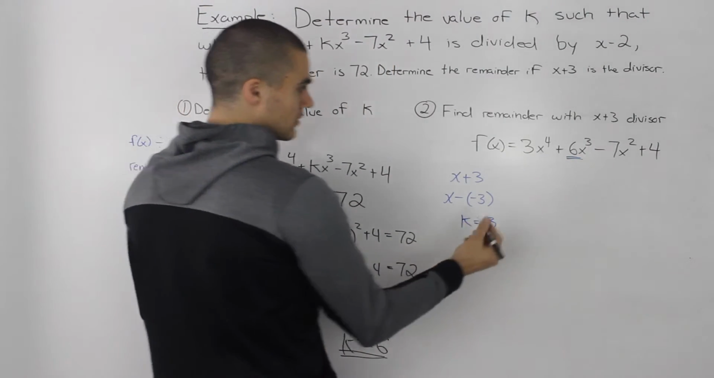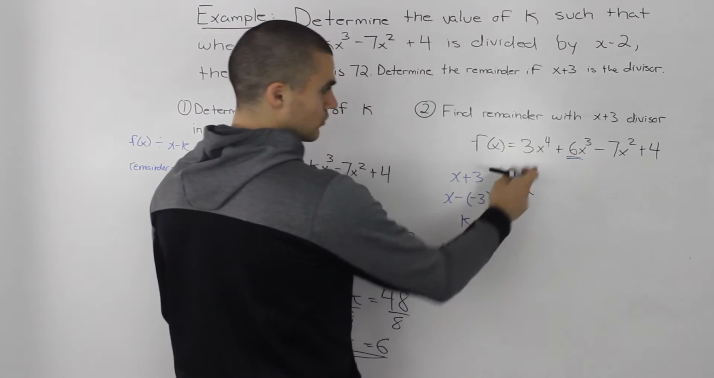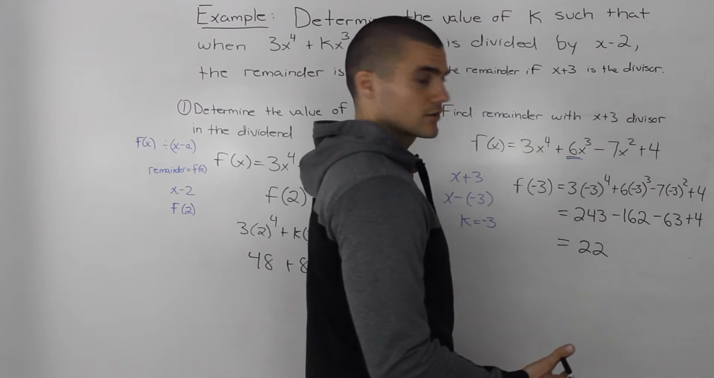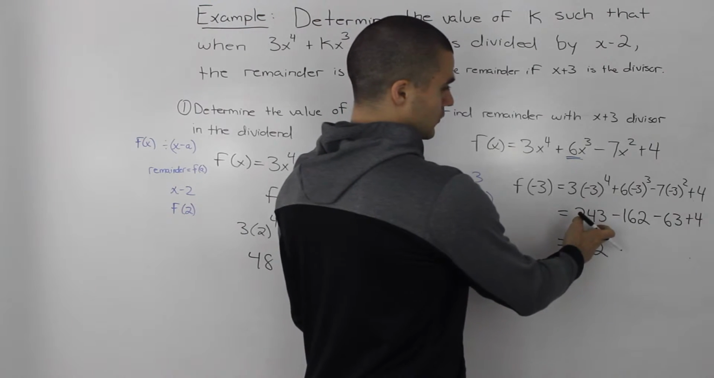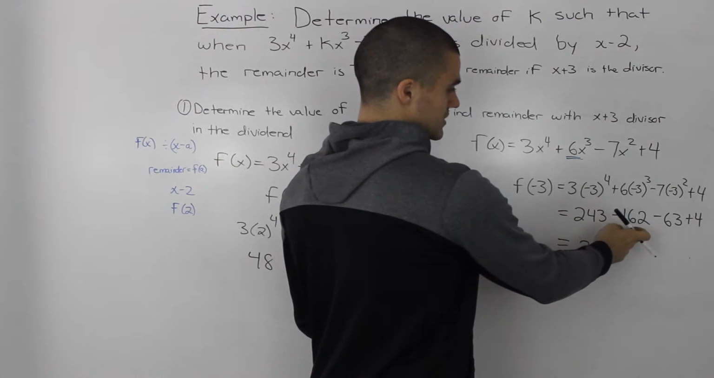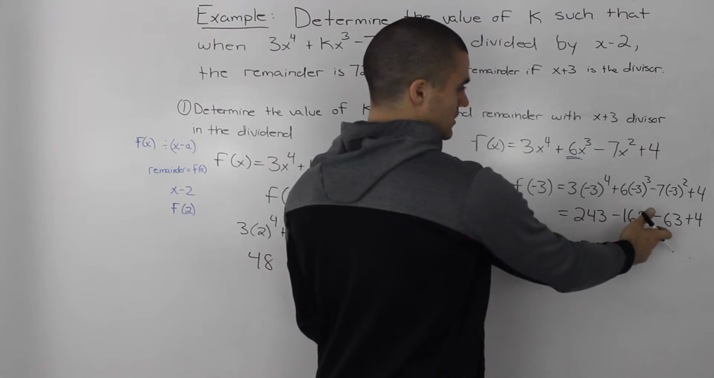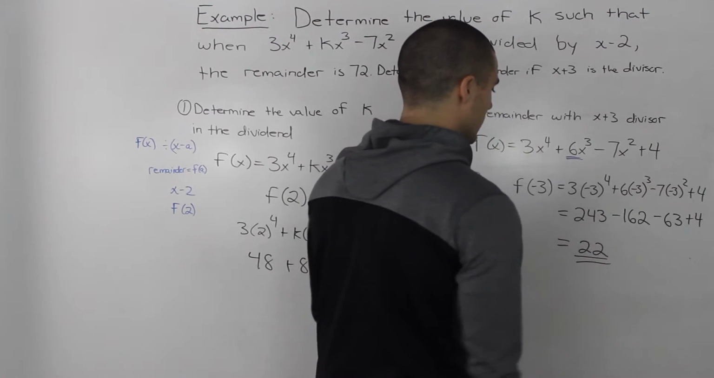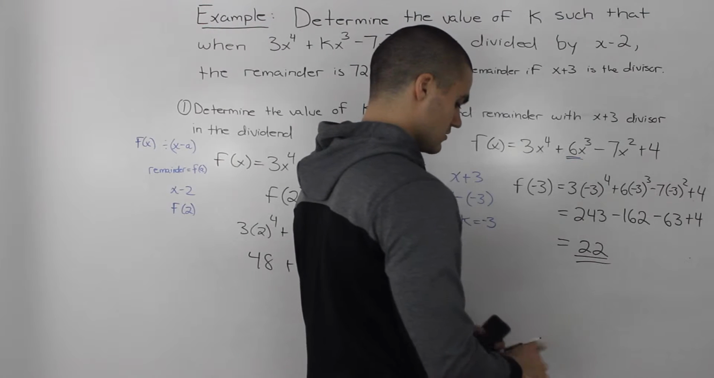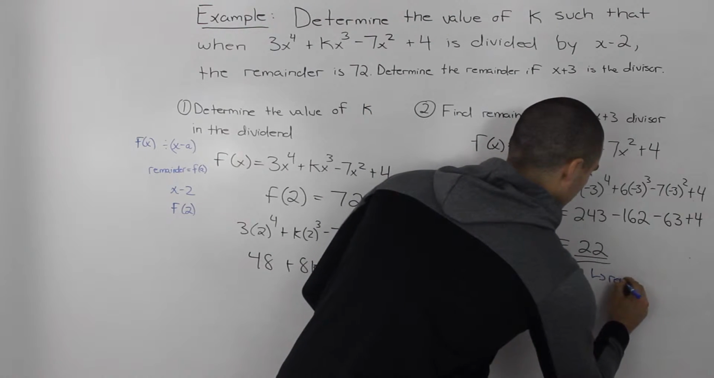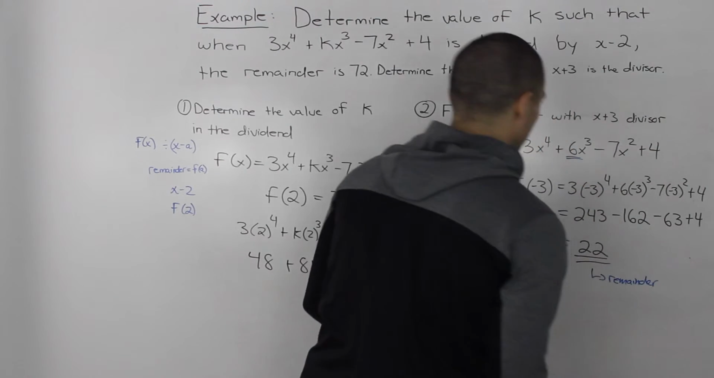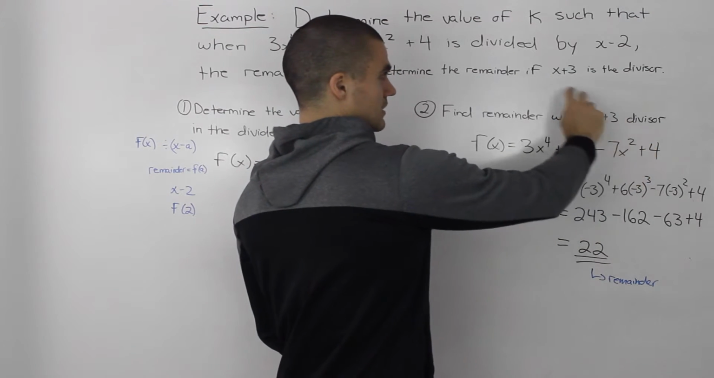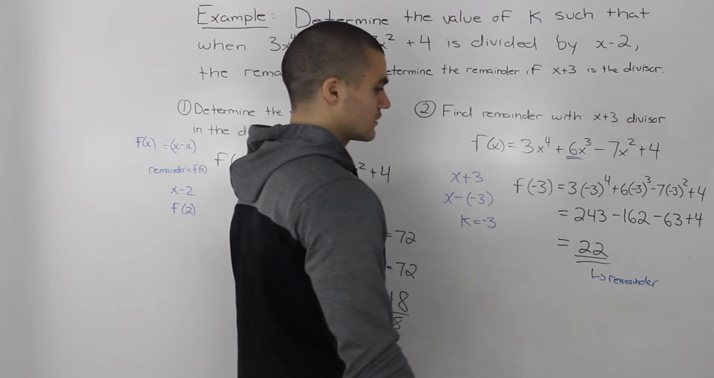So then to find the remainder, all we have to do is plug in negative 3 for the x values in the dividend, and that would give us the answer. So then inputting all of that in your calculator, 3 times negative 3 to the power of 4 is 243, 6 times negative 3 to the power of 3 is negative 162, negative 7 times negative 3 squared is negative 63, plus 4, and then when you net all that out, you get a value of 22. So this here represents our remainder, and that is when the divisor is x plus 3. So you could even test it. Take this dividend, divide it by x plus 3 using long division or synthetic division, and you should get